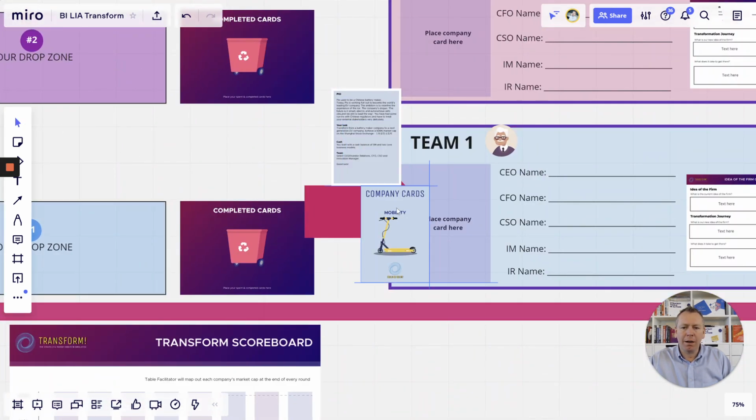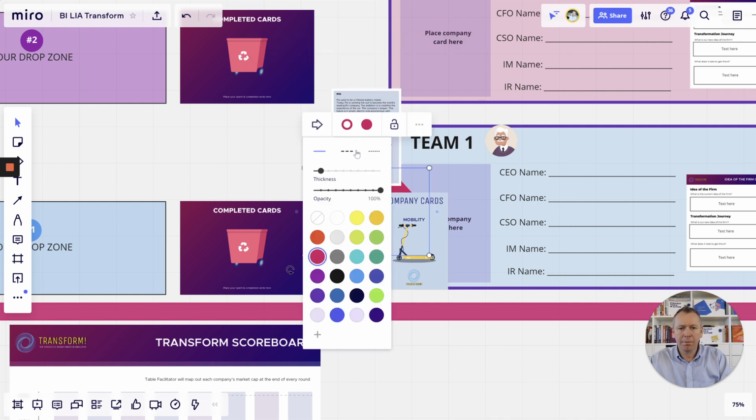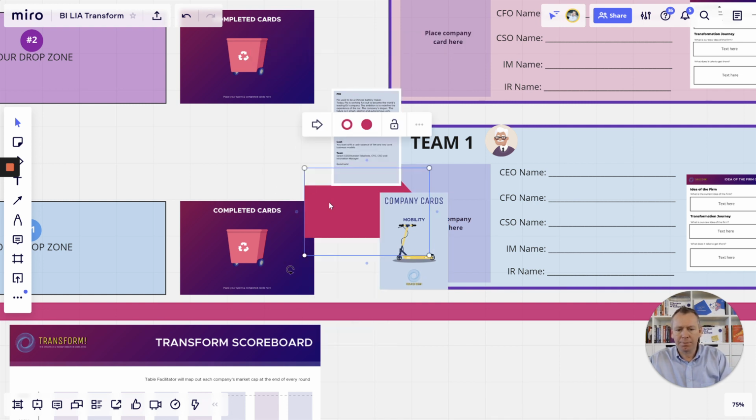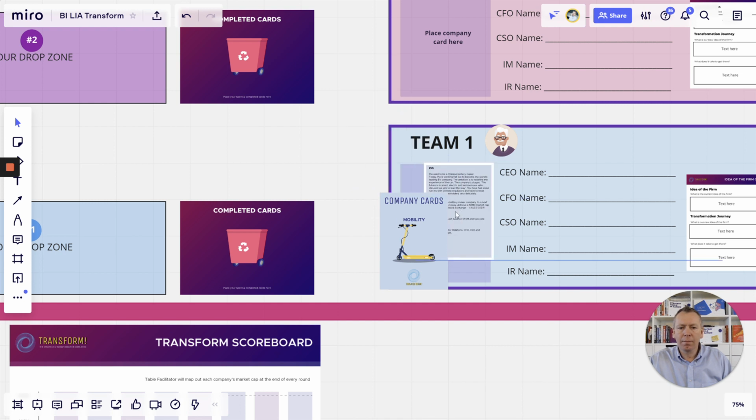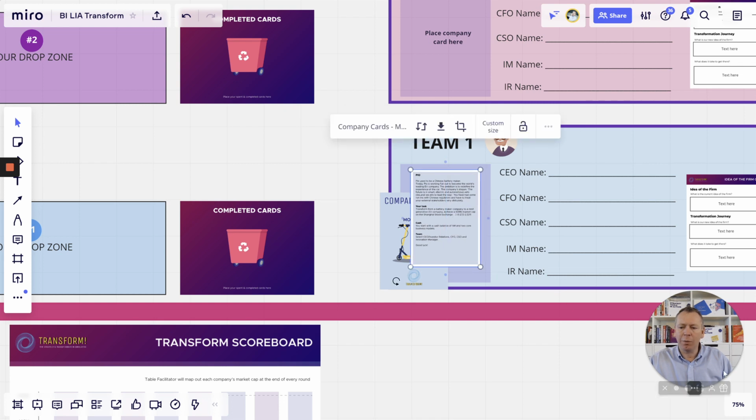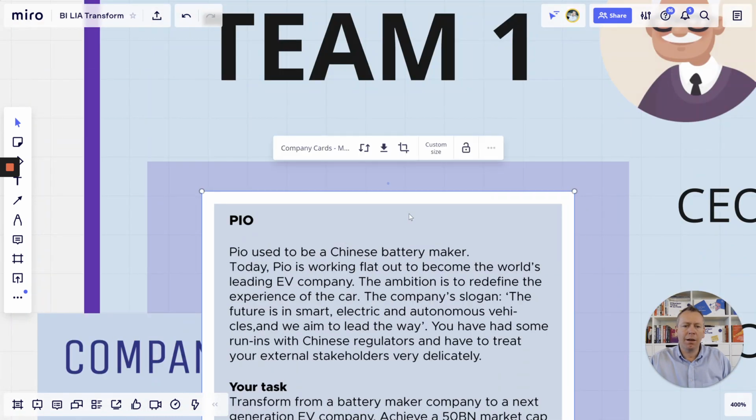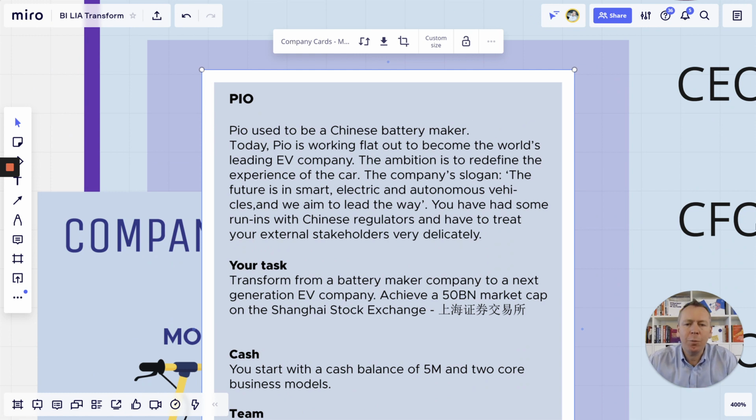Next, we're going to do these company cards. So we'll move them to front. There we go. I'm going to zoom in. I'm zooming in on this company card. All right, so this is PO. PO used to be a Chinese battery maker. Today, PO is working flat out to become the world's leading EV company.